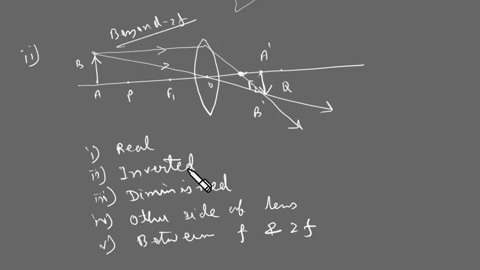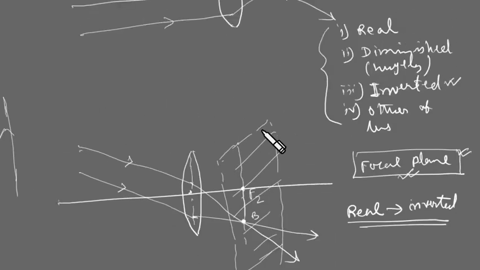So real, inverted, diminished, other side of the lens. So the object is on the left side here, where the image is formed on the right hand side here, and then between F and 2F. So these are the properties of this image. Okay,